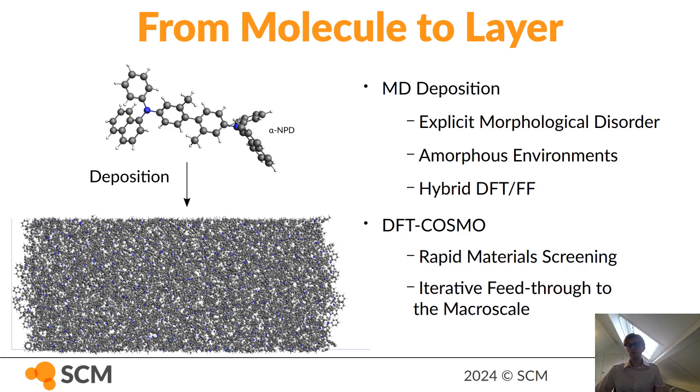However, when we're performing something like a molecular screening, we don't necessarily always want to get this highly detailed information, and instead want to get a quick estimate of the environmental effect on, for instance, the shifts. And so we can instead utilize things like semi-empirical methods combined with embedding approaches to very quickly estimate what the environmental effect is, how energy levels change, how potentials change, and these properties, while not necessarily as accurate, can be used as a first estimate to feed through to the large-scale models,